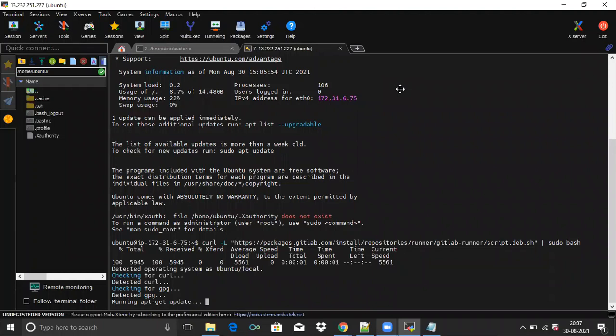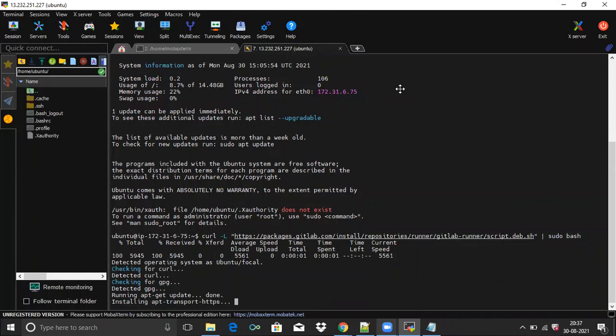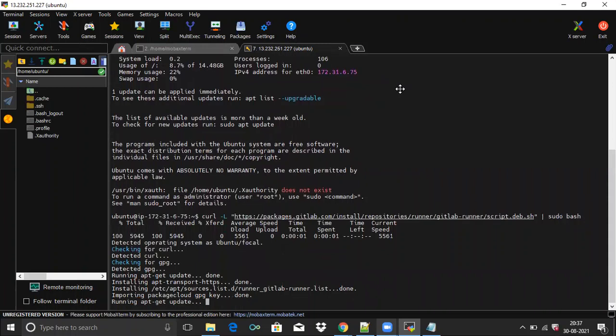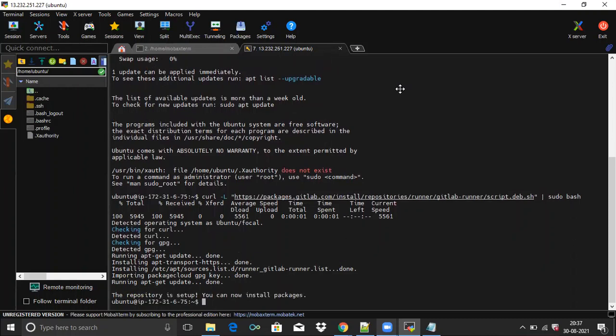You can see it's running. It's done. Here the message says the repository is set up, so you can now install the packages.